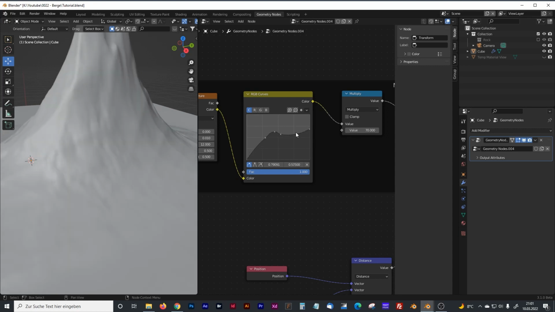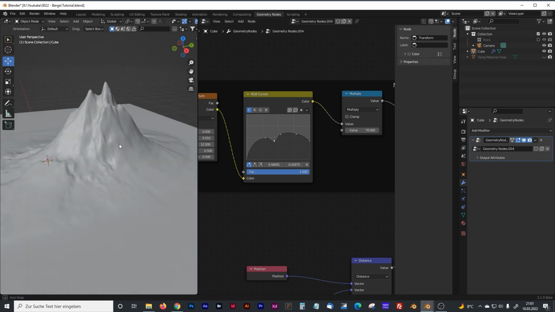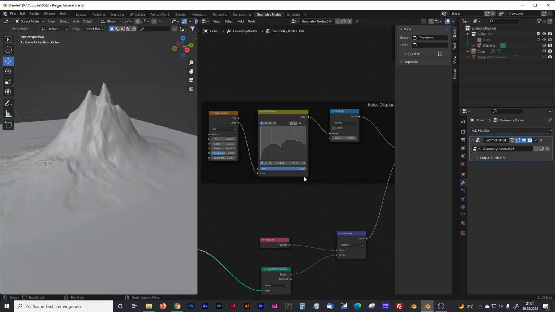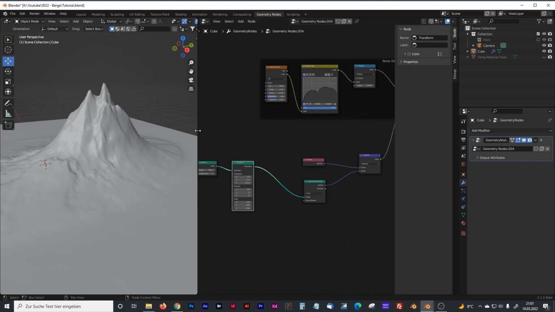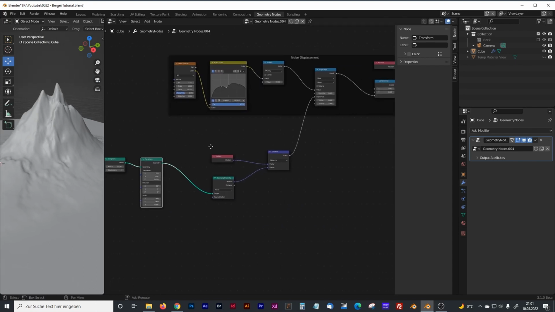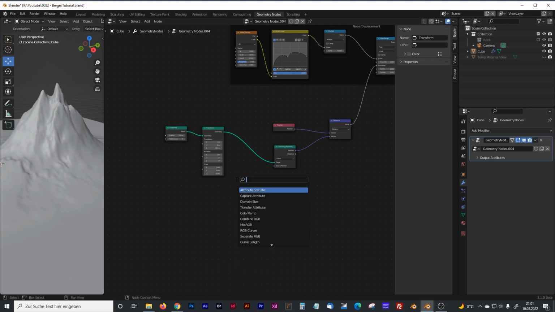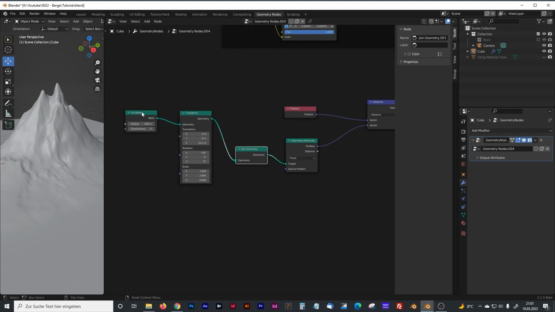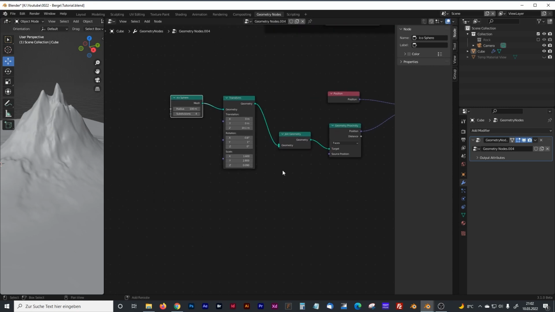You can play with that. That looks pretty cool. So now you have the choice. You can add some join geometry right between the transform node and the geometry proximity node. And now you can add some